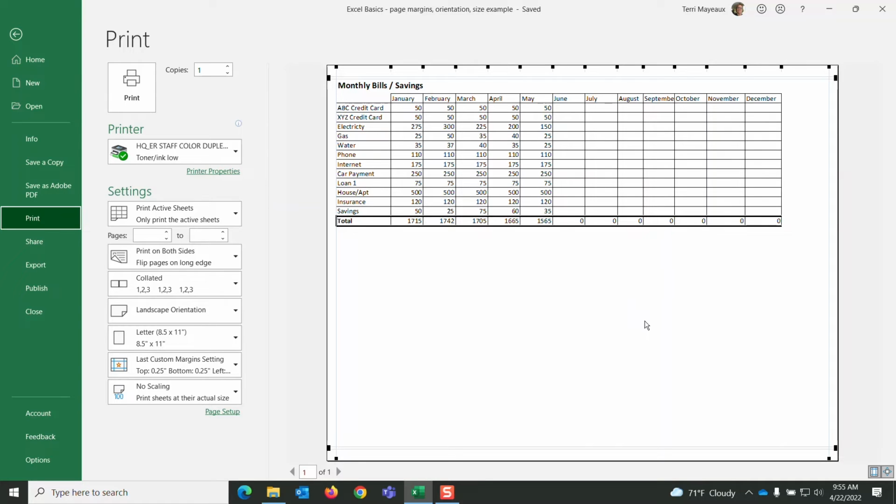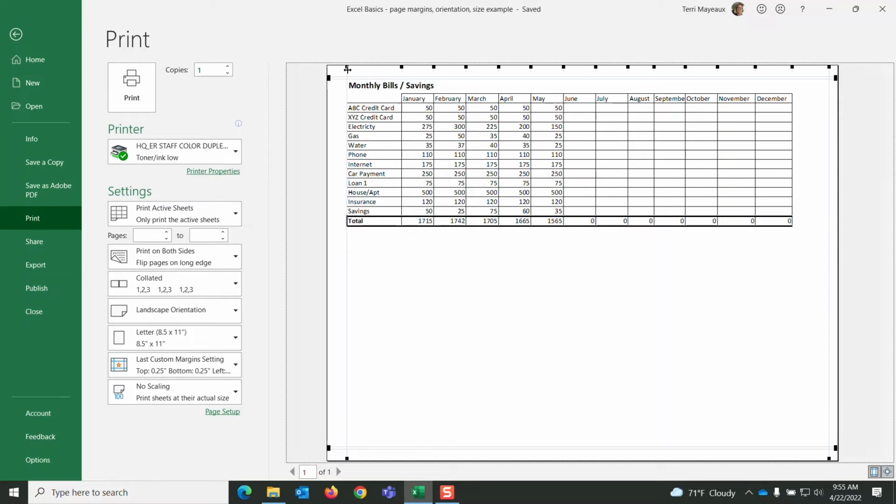And I might even decide, we didn't turn off the Show Margins button here in the lower right, so I can use these little boxes to kind of move things around a little bit and maybe try to center it on the page even. I'm a little concerned that as things go to the right, I might need a narrower right margin as well, but I could change that right margin for right now and say, okay, December, if you get too wide, you may have to go to another page, or I need to do some more page adjusting,